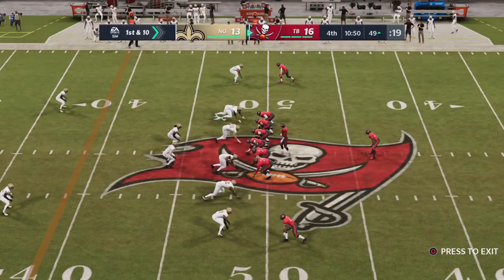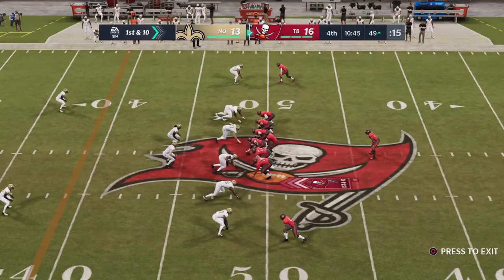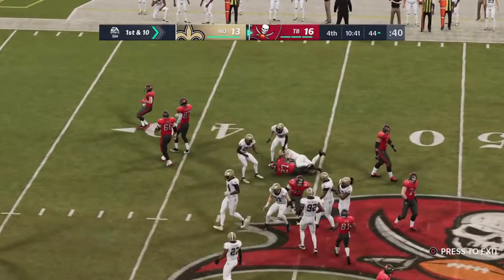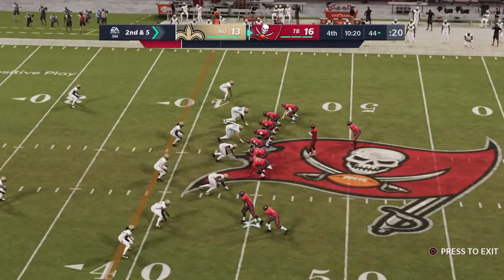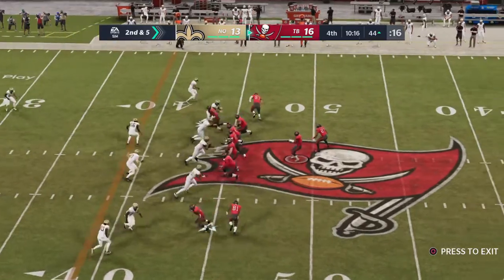So in Saints territory now. Here's 1st and 10 at the 49-yard line. Now Jones. And down to the 44, 5 yards that time. Jones, the ball carrier. Pickup of 5, here's 2nd and 5. Maloney on the tackle. A gain of 5 brings up